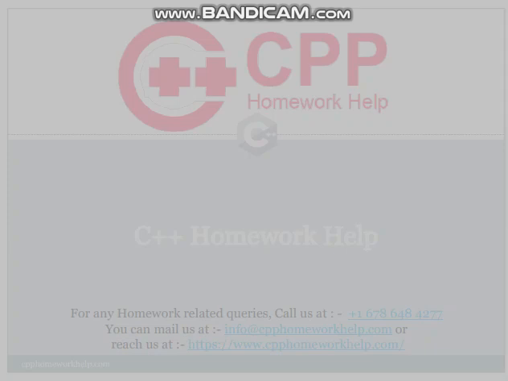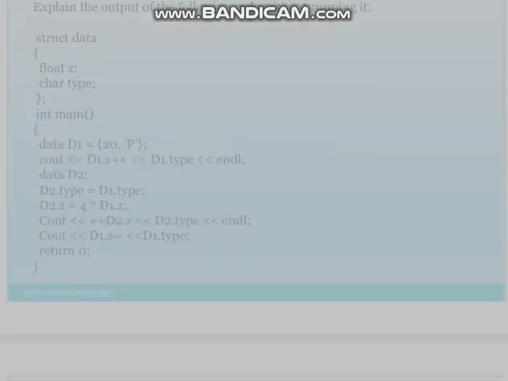Problems. Problem 1. Explain the output of the following code without running it. struct data { float z; char type; }; int main() { data d1 = {20.5, 'p'}; cout << d1.z << d1.type << endl; data d2; d2.type = d1.type; d2.z = 4 * d1.z; cout << d2.z << d2.type << endl; cout << d1.z << d1.type; return 0; }